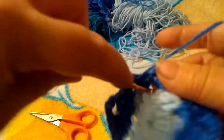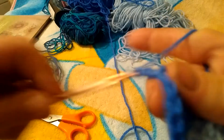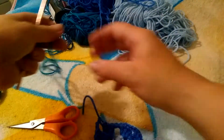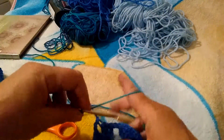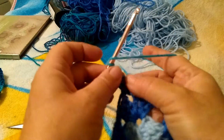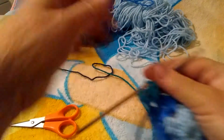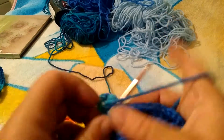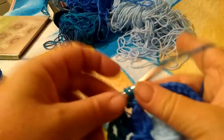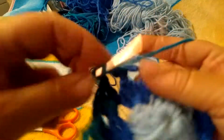And we're back around again. Chain 3, and you slip stitch in the top. Cut it off. Watch your fingers there. And then we move on to the Macaw. And you do the same thing basically. You just add chain 4, two double crochets, chain 1, and now you got this hole right there, so you chain 3 double crochets, chain 1, 3 double crochets,